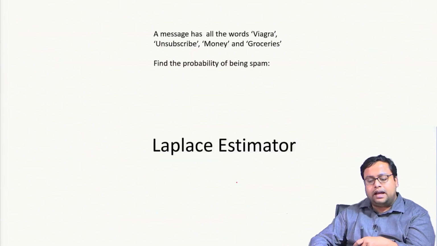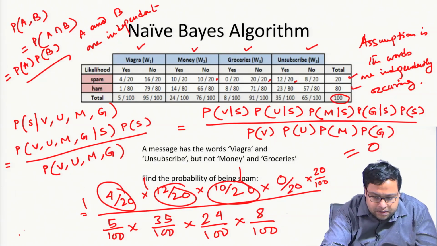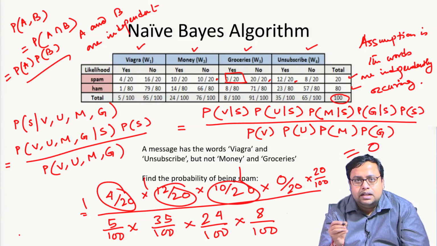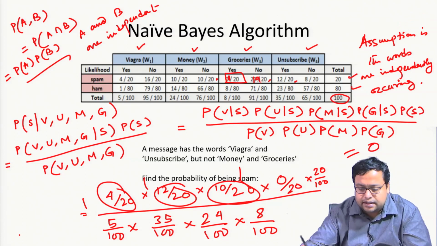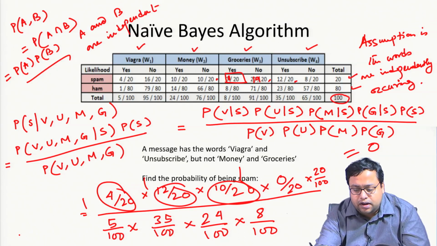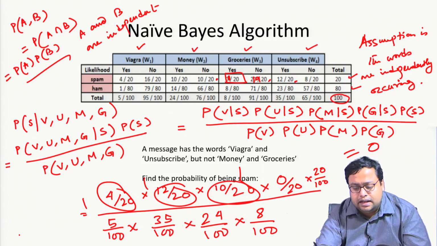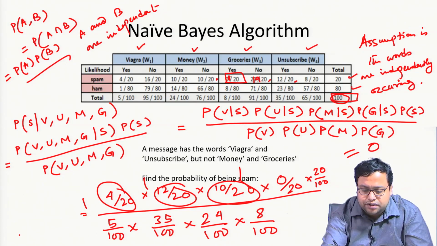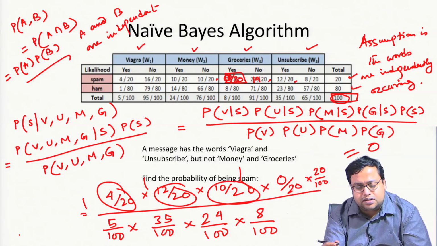So, to solve that, we use a Laplace estimator. What is a Laplace estimator? We say that this particular value is not 0; it is a small value, let us say 1. If this is 1 and this is 19, and instead of 100 data points there were 5,000 or 50,000 or 1 lakh data points, then if it is 0 by 1 lakh, instead of that I just write